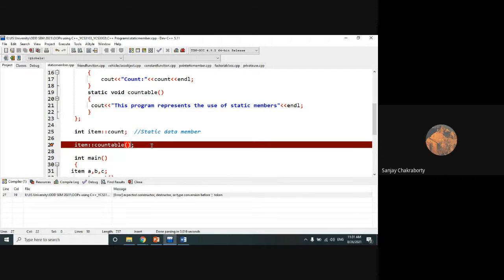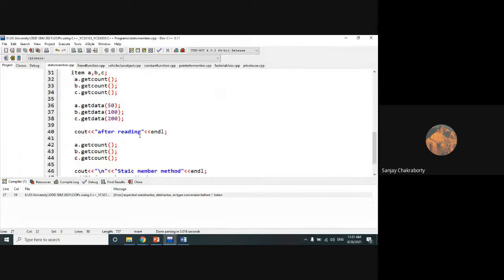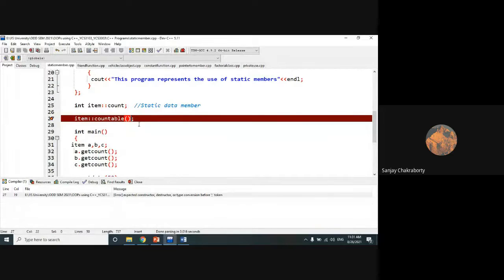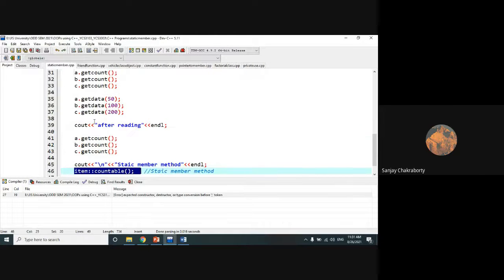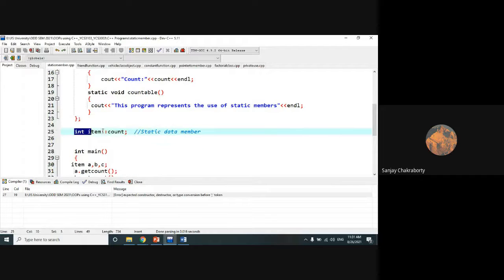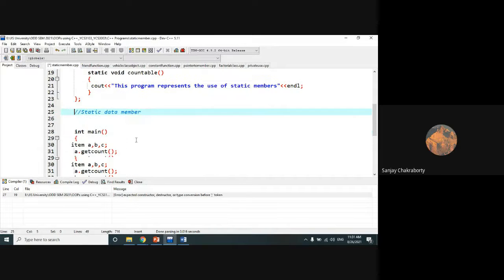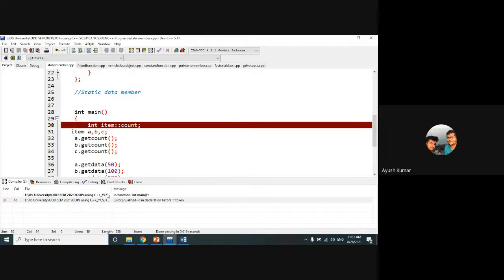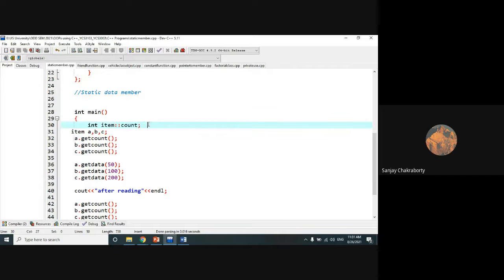Expected constructor, destructor, type conversion. Can I use it inside the main function? Check it out. No. So that is the problem.